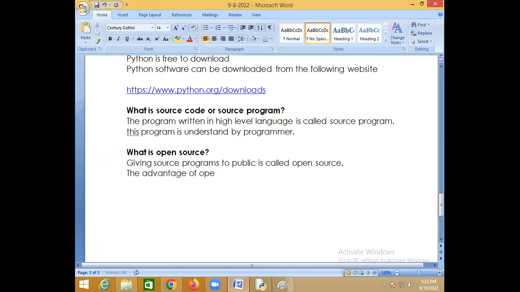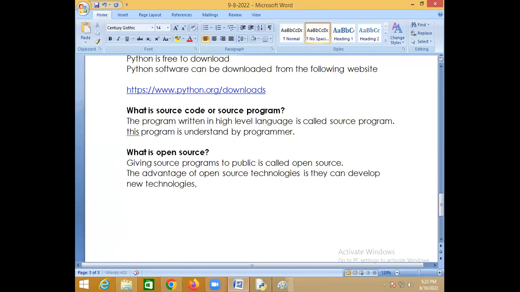So the advantage of open source technologies, what is the advantage? They can develop new technologies.